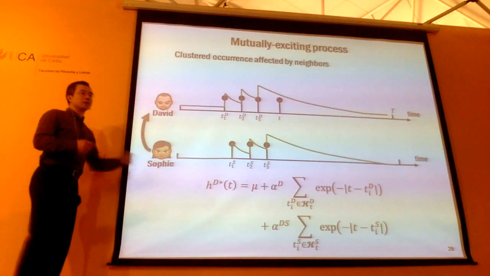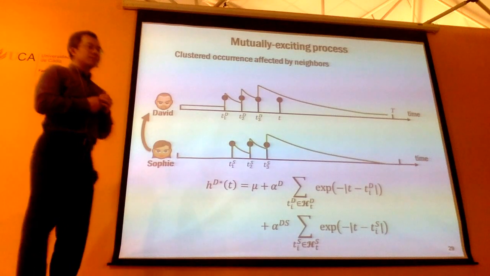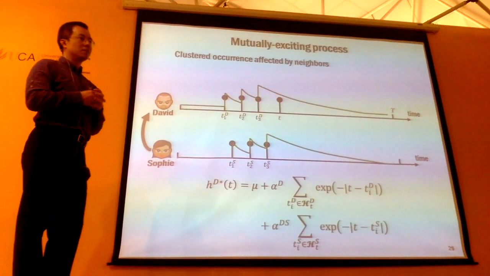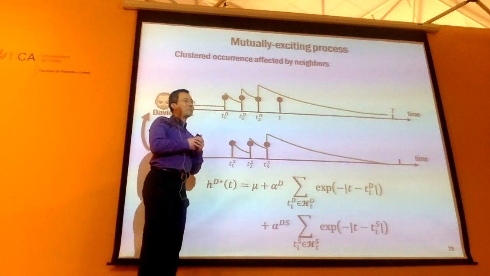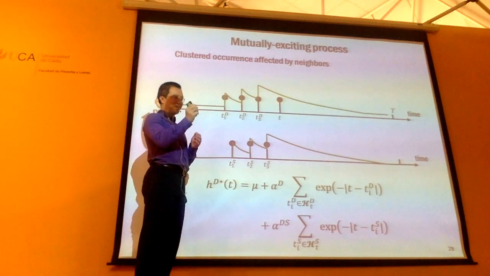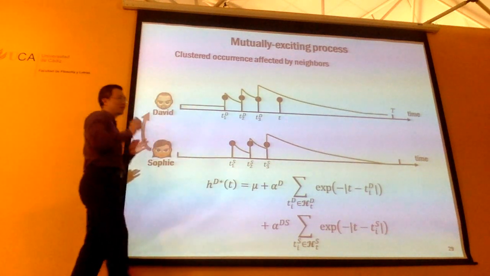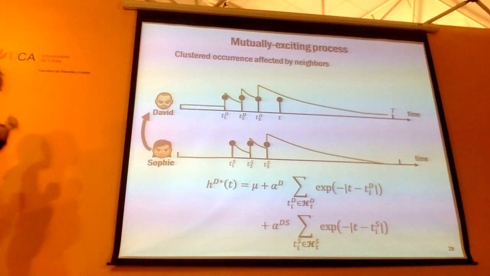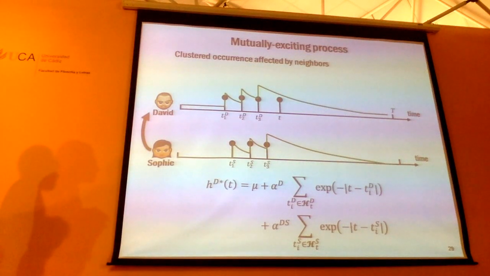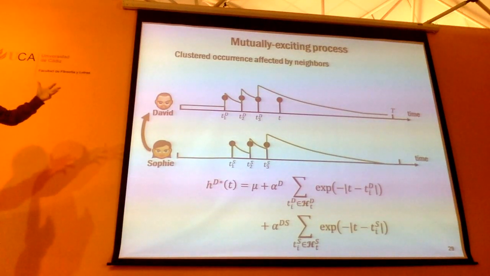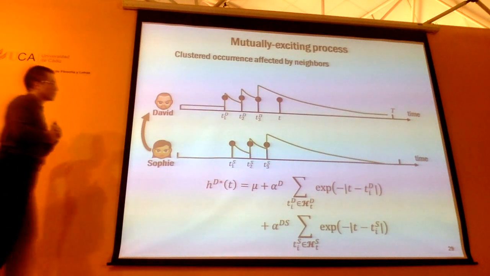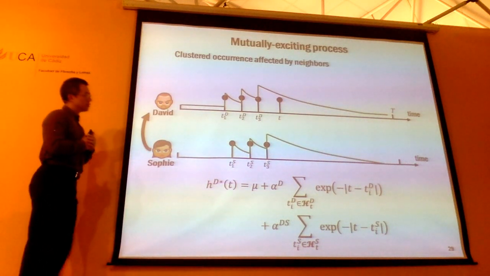How do you treat the case when both Davy and Sophie have an event at the same time? Yeah, this is difficult mathematically, but in practice it's not a problem. It's not exactly the same time. You can always perturb it. Or in that particular case, you can also go to a more advanced case called a marked point process. We are not going to talk about that in too much detail.